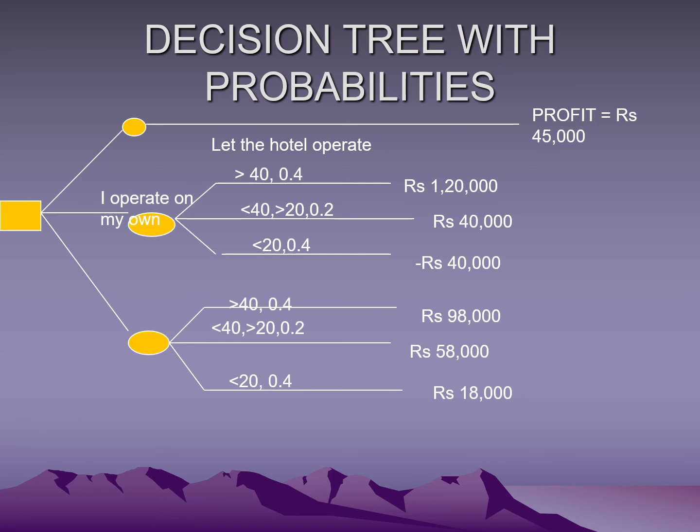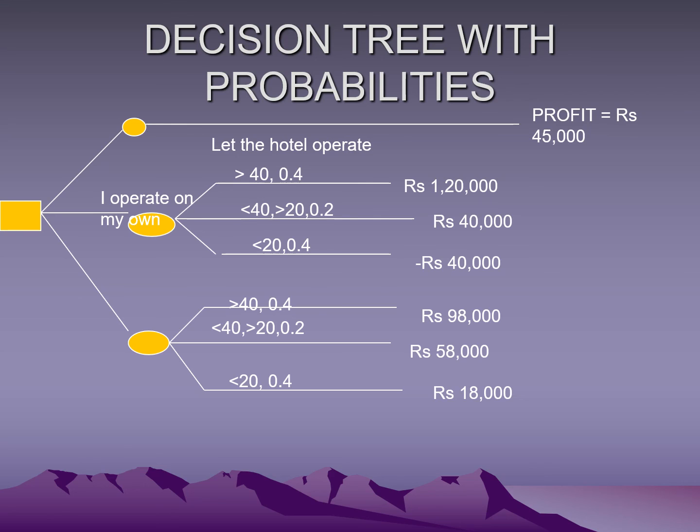Okay, first is in case you allow the hotel to operate, you have a standard profit of 45,000. You operate on your own, then you will have 1,20,000 with probability 0.4, 40,000 with probability 0.2, and minus 40,000 with probability 0.4. But now if you use a snowmaker, you will have to deduct the